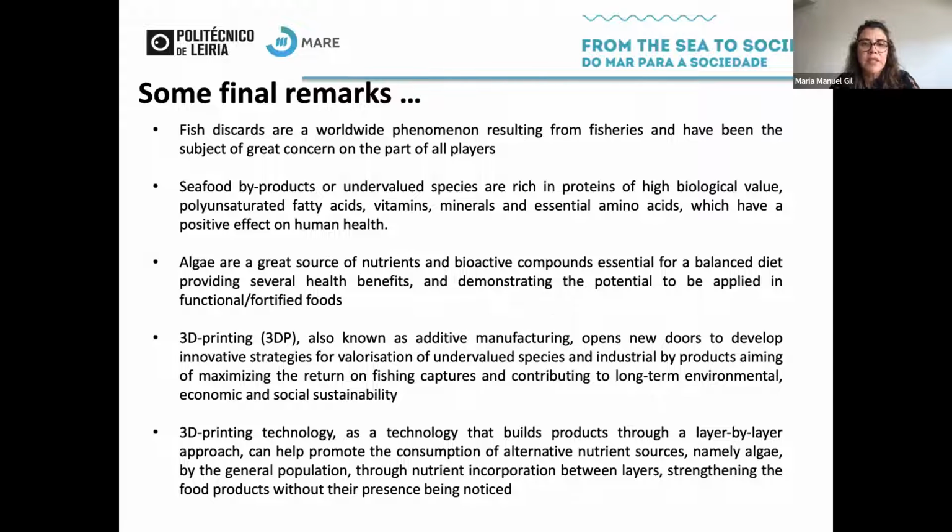Algae are also a great source of nutrients and bioactive compounds and have a lot of potential to be applied in functional or fortified foods. 3D printing, which is an additive manufacturing technology, opens new doors to develop innovative strategy for valorization of undervalued species, but also byproducts from other sector, aiming at maximizing the return on fishing captures, but also contributing to the long-term environmental, economic, and social